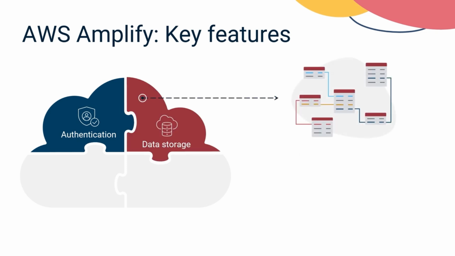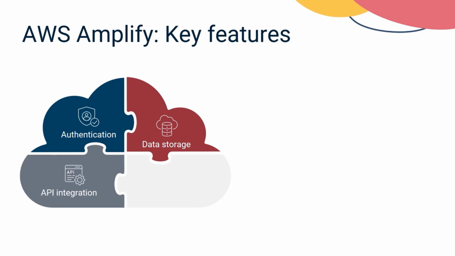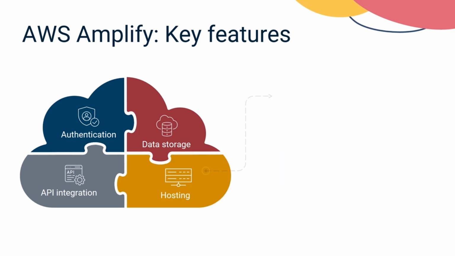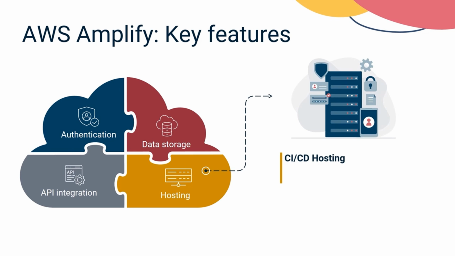Amplify offers data storage through DynamoDB, a NoSQL database that scales with your app's needs, ensuring seamless data handling. Another key feature is API integration, managed through AWS AppSync, enabling smooth communication between your app and the backend. AWS Amplify also simplifies hosting with built-in CI/CD, continuous integration, continuous deployment, allowing you to deploy and host your app